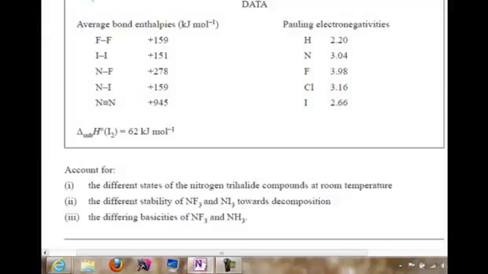Okay, now in this question we're being asked to discuss the differing stabilities of NF3 and NI3. When we read the question, we find that NI3, a black-red solid, decomposes into its elements, which are nitrogen gas and solid iodine, whereas NF3 is a colourless gas which doesn't react with water. So we've got differing reactivities here, and obviously we've been given some information to do with bond enthalpies here, which